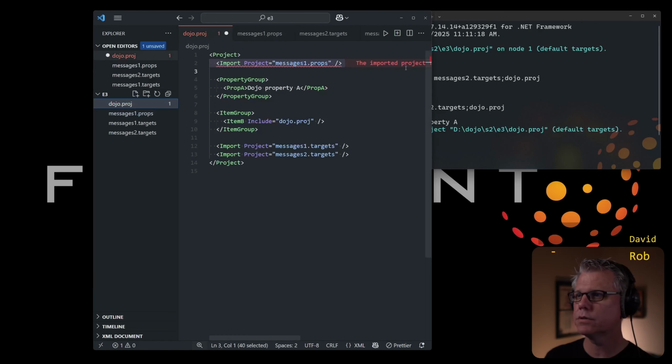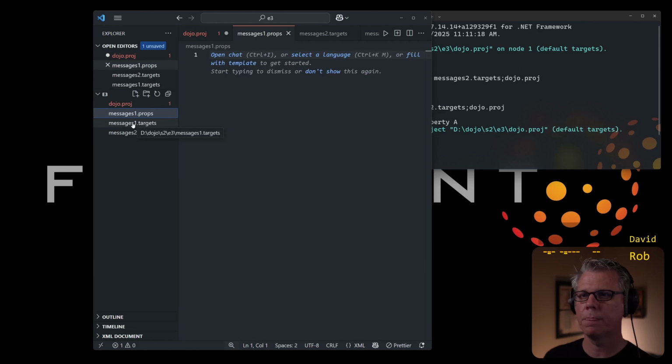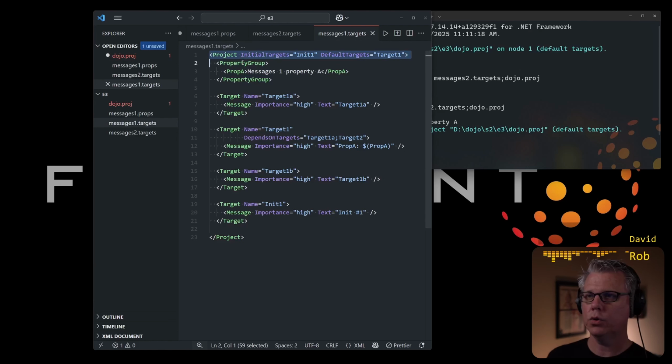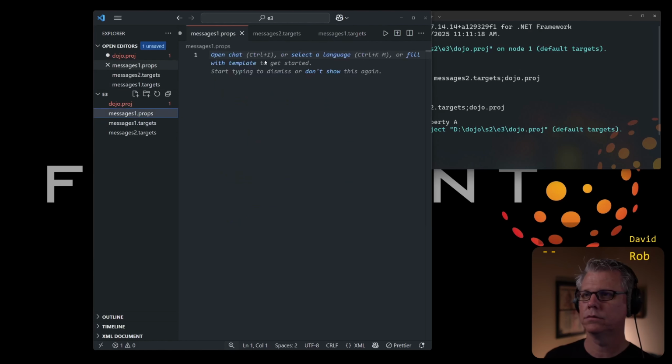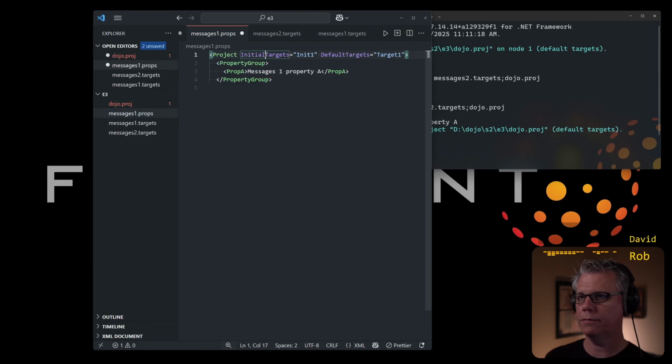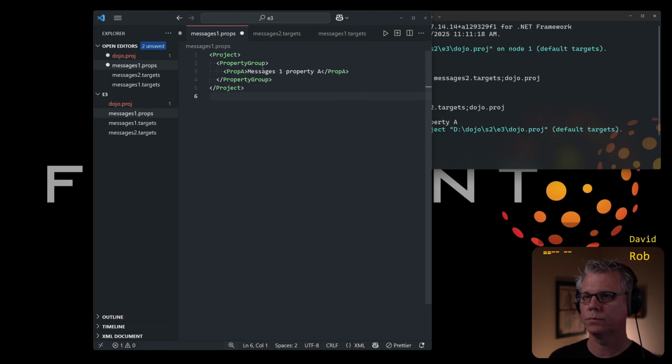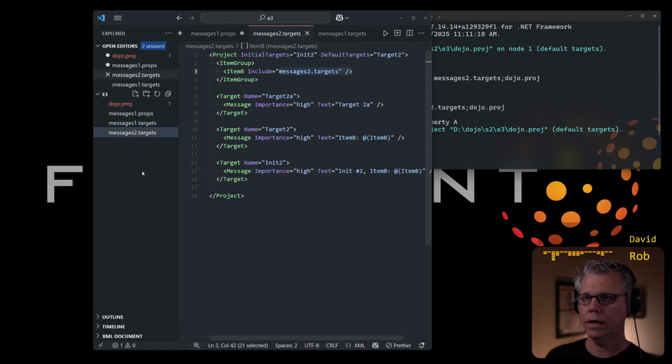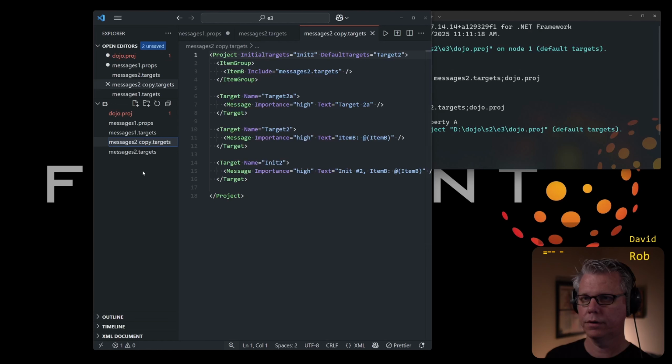Messages one dot props. Oh, this is not a project file yet. Okay. And usually you put your properties up here. And I want to explain why once I get this kind of put my project in order. Okay. And let's go ahead and create a